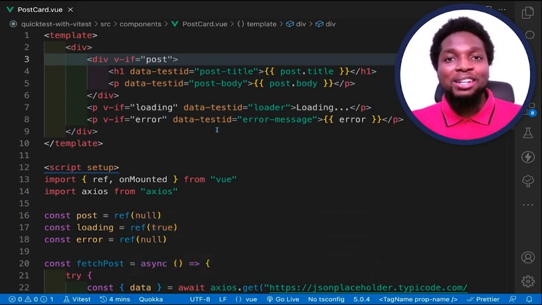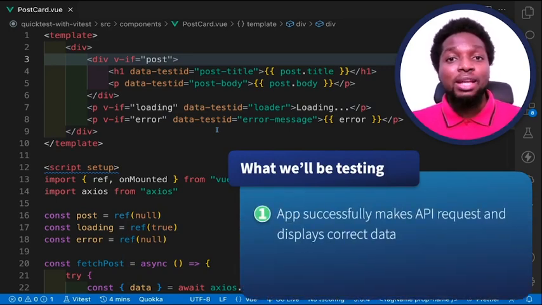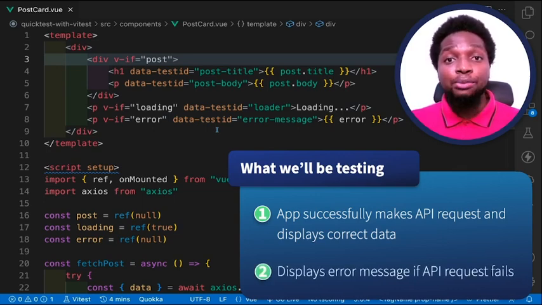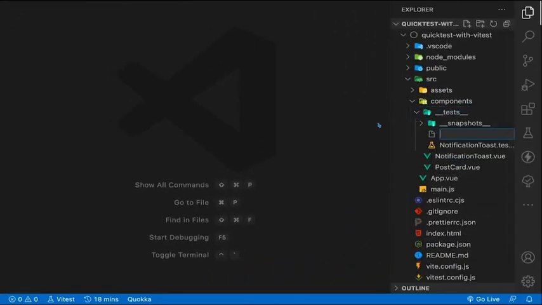Now that we're done building our component, we need to decide what we will be testing. First, we want to make sure that our app successfully makes an API request and displays the correct data if the request is successful. Next, we want to make sure that our app properly handles errors by displaying an error message if the API request fails. Please note that we will be able to test these different cases without making an actual call to the JSON placeholder API server. With these in mind, we can now create a new test file in our test folder and give it the name